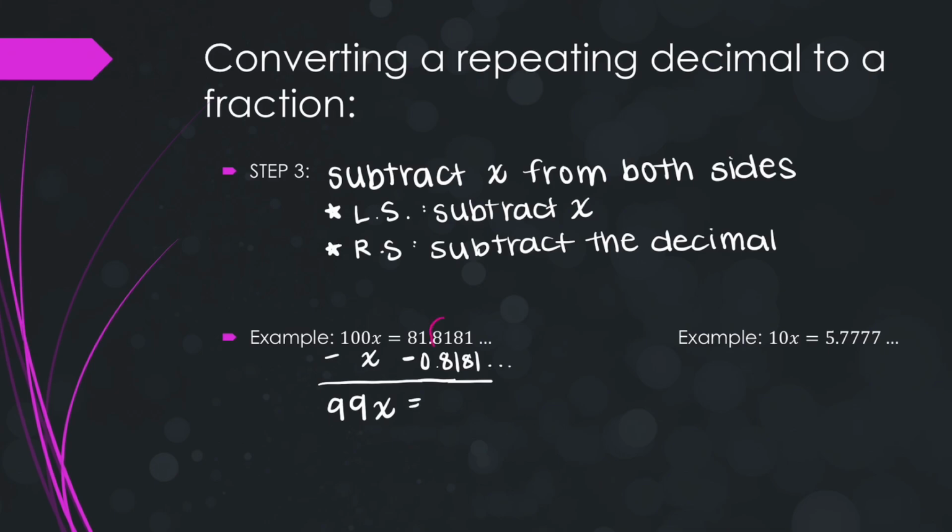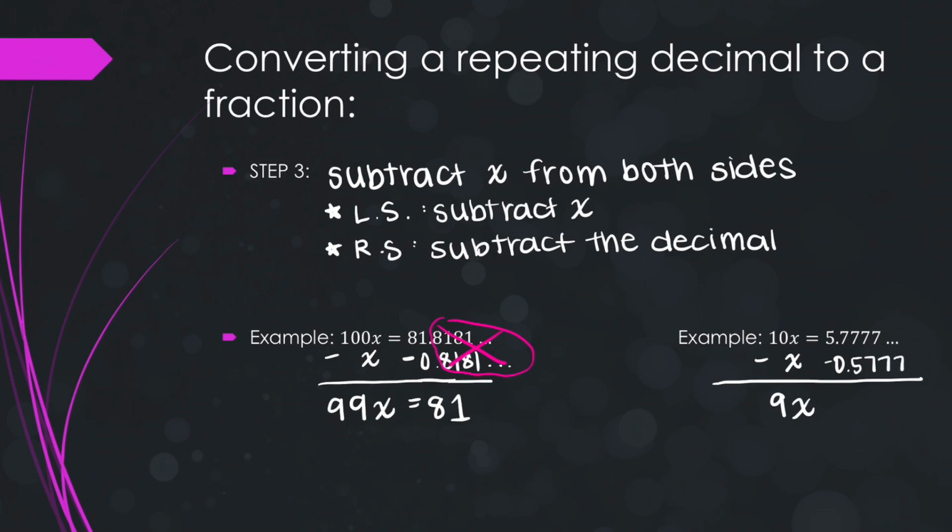I can actually just do the 818181 repeating subtracting the 818181 repeating, and it just is gone. So I'm only left with that 81 from before the decimal point. Same idea in the second example. I'm going to subtract x from both sides, so the left side would be 9x, but instead of having the x on the right side, I'm going to change it back to the decimal, so it'll be